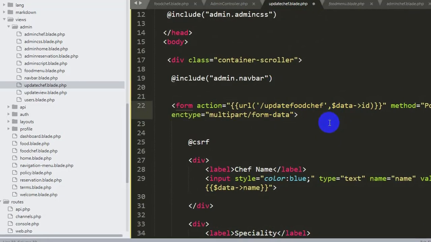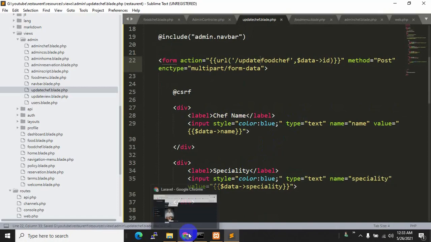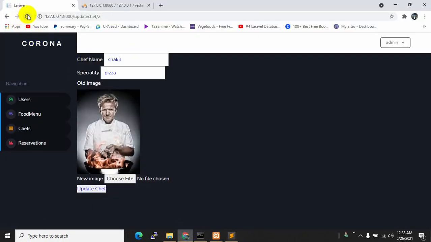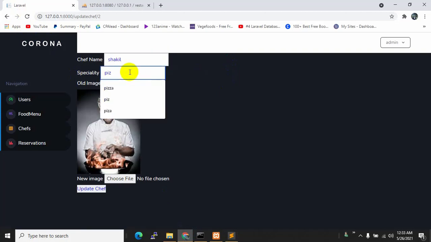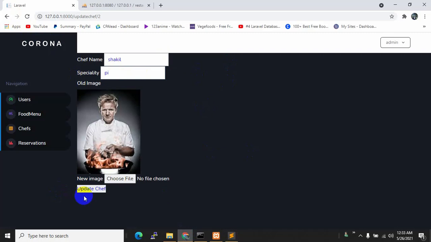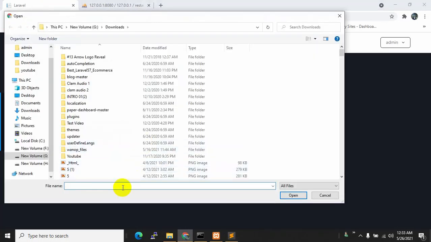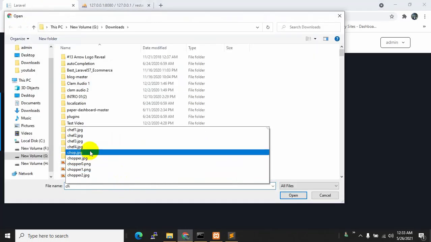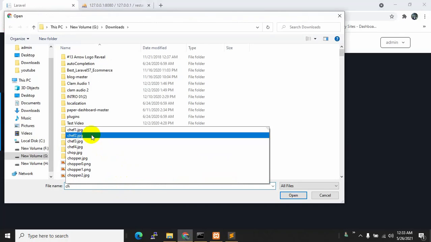Now let's go back to our browser and refresh over here, and let's say over here pi, and click update chef. So over here you can see that it is updated, right? Okay, now let's try to change the images. So let's click choose file, and I have another image of the same chef, so let's choose that and click open.